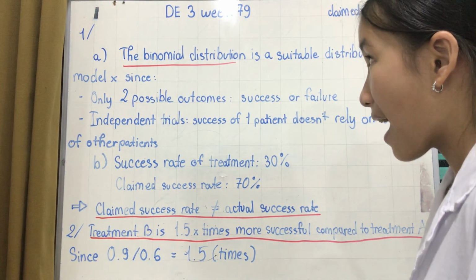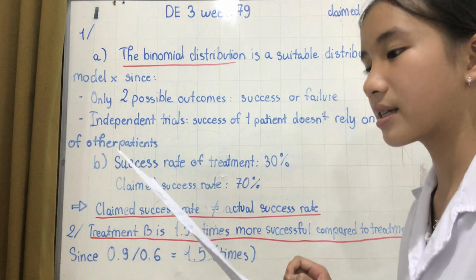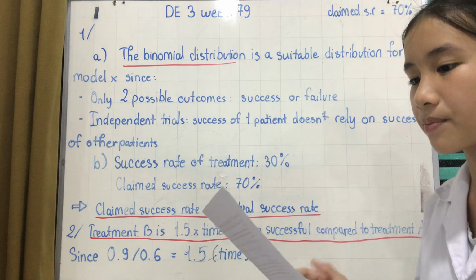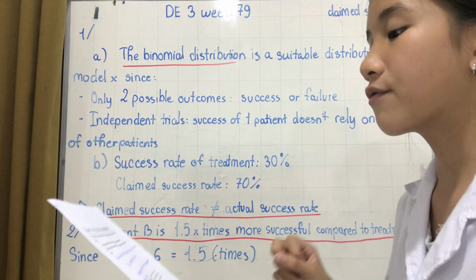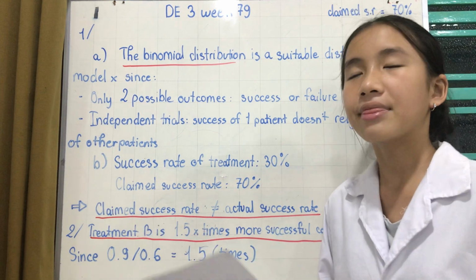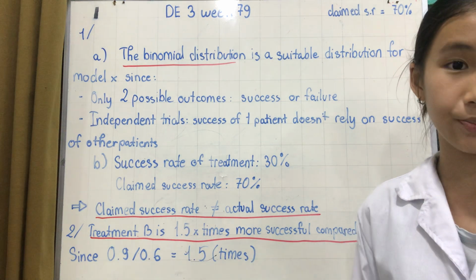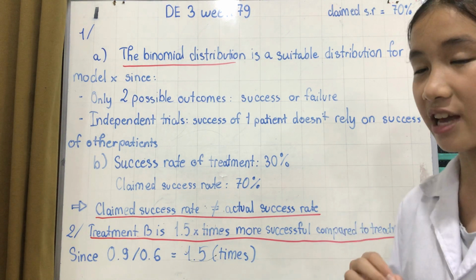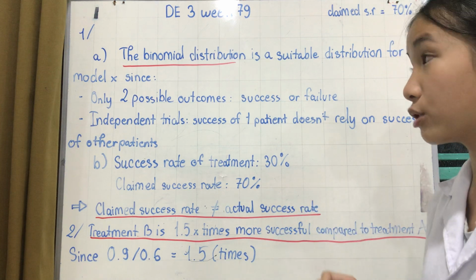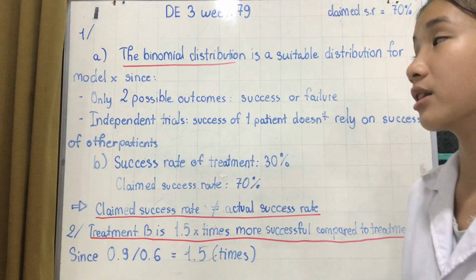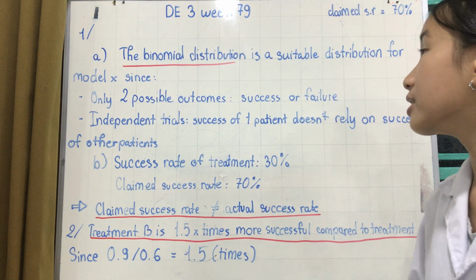So firstly, A. In a sample of N patients, X is the number of patients for which the treatment is successful. Write down a suitable distribution to model X. Give a reason for your choice of model. Now, I have searched about all of the types of distribution, and after looking at each definition and what fits, I came to the conclusion that the binomial distribution is a suitable